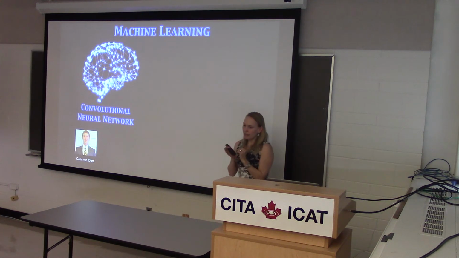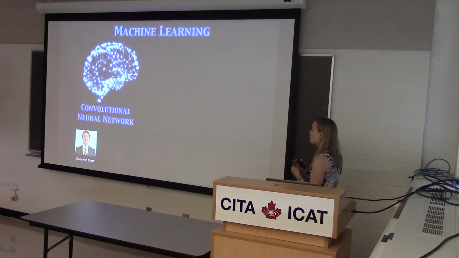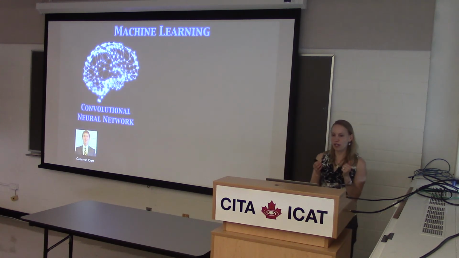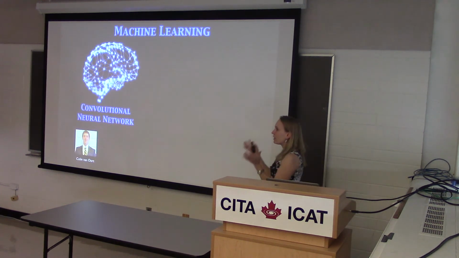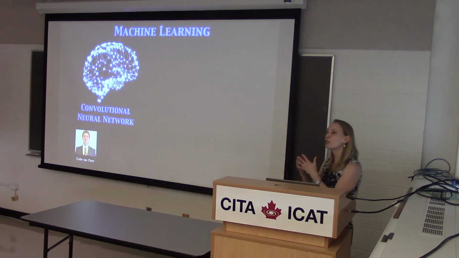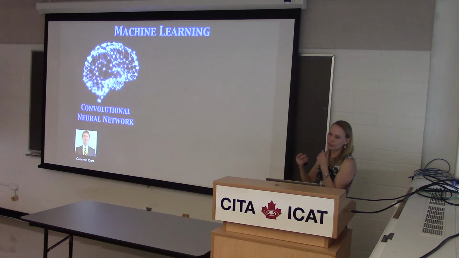And the method that I've developed with help from an applied math student, Colin Van Oort, is based upon the convolutional neural network machine learning algorithm. The convolutional neural networks are formulated to work the same way our human brains work. So they're good for identifying visual structures and features.